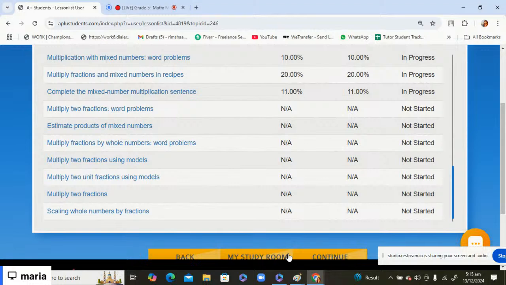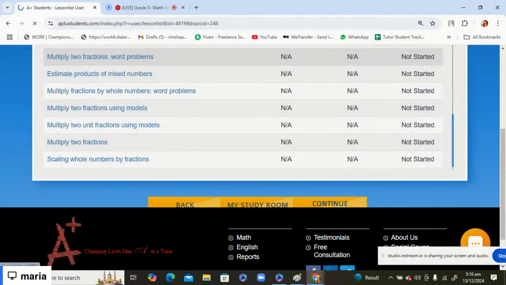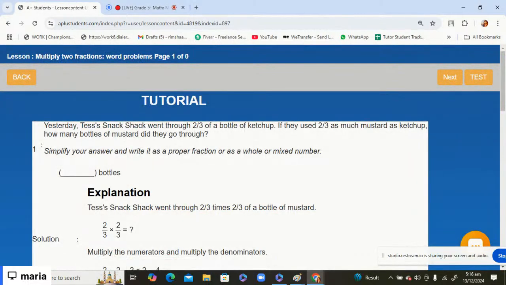So we have done the mixed number multiplication sentence. Now let's move to the multiply two fractions word problem. Okay. So here is the question, that is multiply two fractions word problems. The first question is,